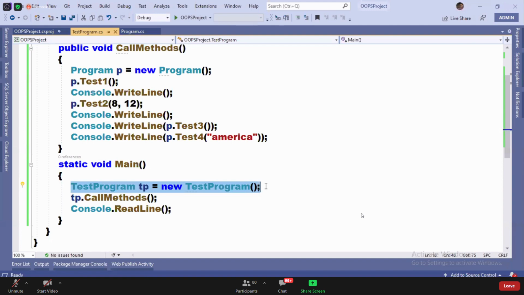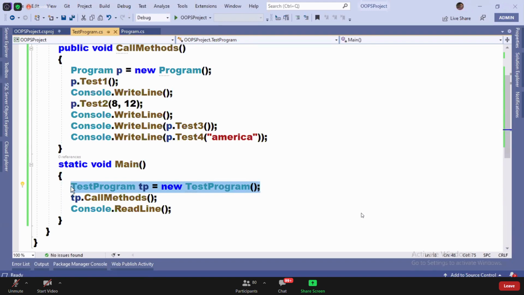For that instance, we require a name. The right-hand side code will be creating the instance, and the left-hand side code is just going to give a name to that instance. Okay.